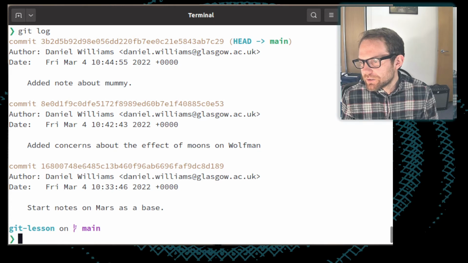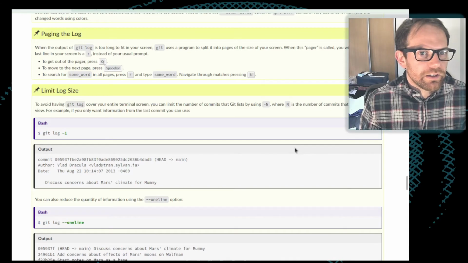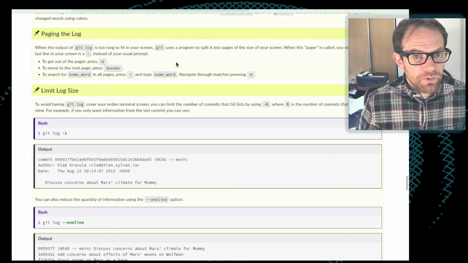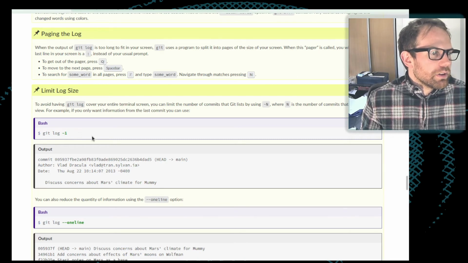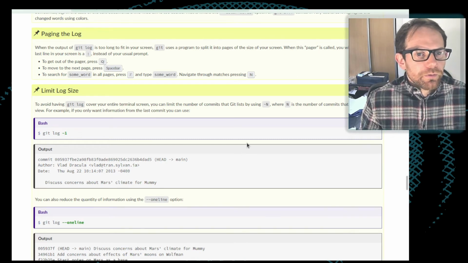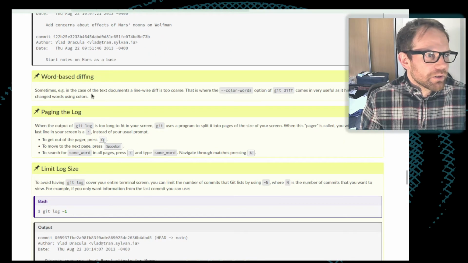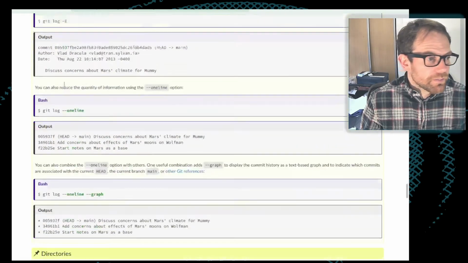Again, I do recommend taking a bit of time to look over these notes later on, because there are lots of things which I'm going to skip over, including some details about how you deal with the log once it gets sizable, how you limit it to just a small number of the most recent entries, and some other things about how you work with diffs between things which are, for example, text documents.